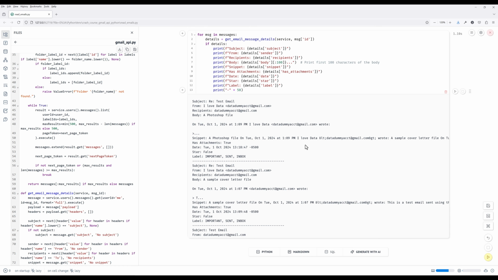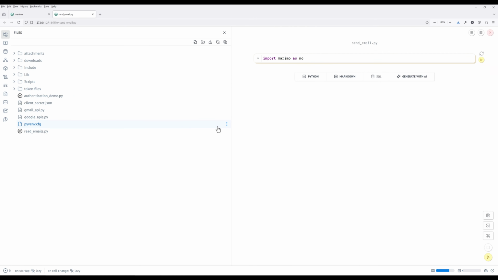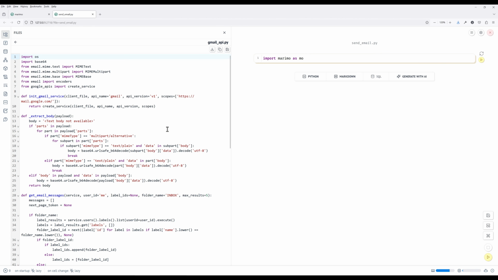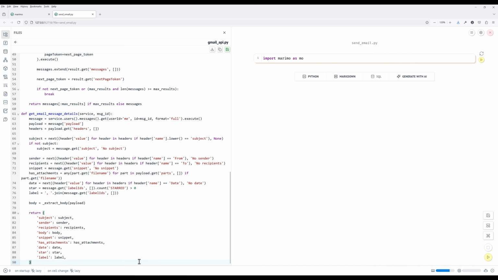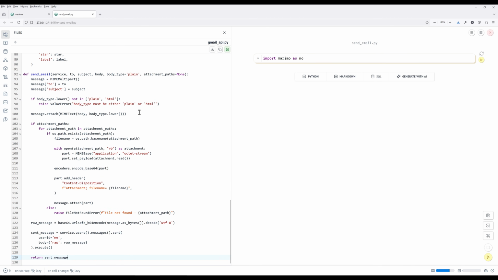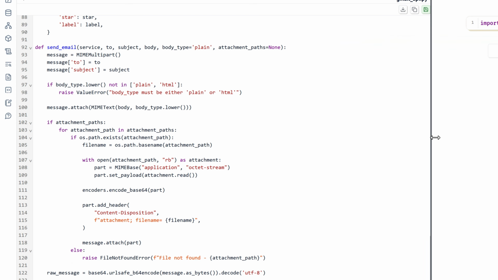Now let's move on to the next example to learn how to send an email with attachments. In this example, we will learn how to send an email with attachments using Gmail API. In the Gmail API module, create a function called sendEmail with parameters service, to, subject, body, body type, and attachment paths. The to, subject, and body parameters should be self-explanatory. The body type parameter takes the value of either plain or HTML, and the attachment paths take a list of